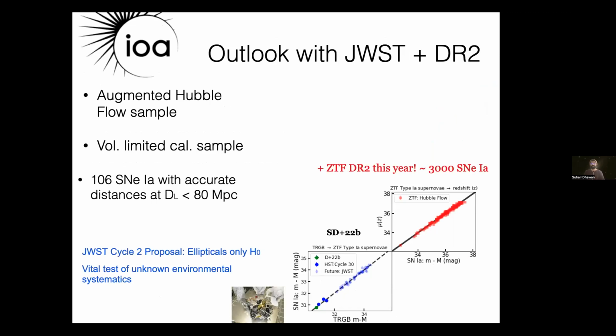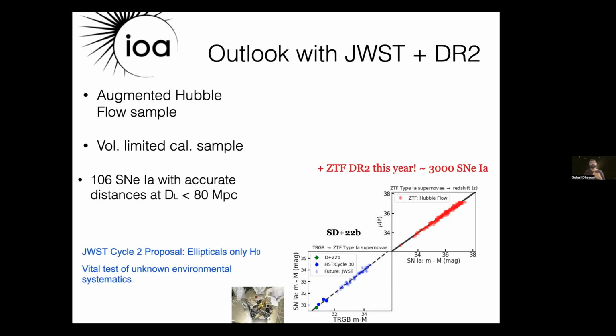What's also extremely exciting is that since the TRGB is a probe that is bright in the infrared, we can push to a much higher volume. So this volume is up to 80 megaparsec, which is the sensitivity of NIRCam on JWST. And with an increased Hubble flow sample of 3000 type 1As, we can further reduce the uncertainty, both because of having a larger number of calibrators, but also